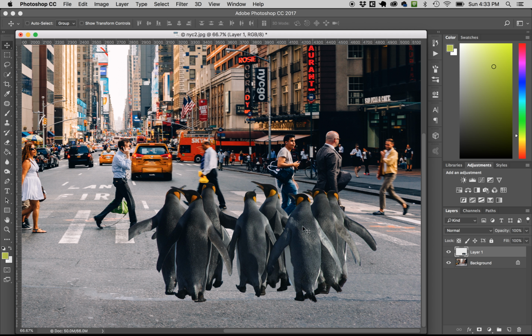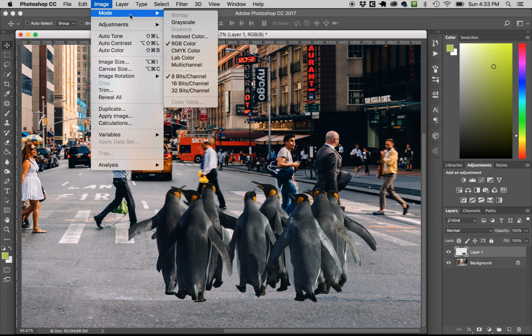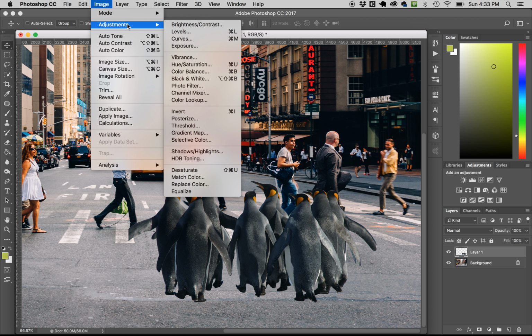Another thing is this image has less contrast. This is a more contrasty image behind, and in this image the penguins are a little less contrasty. Maybe the lighting's just very weird in this. So we can do adjustments, and we can do adjustments on any kind of image. But for our purposes as compositing, we're going to think about putting these things together. So we can go to adjustments, and let's look at something like